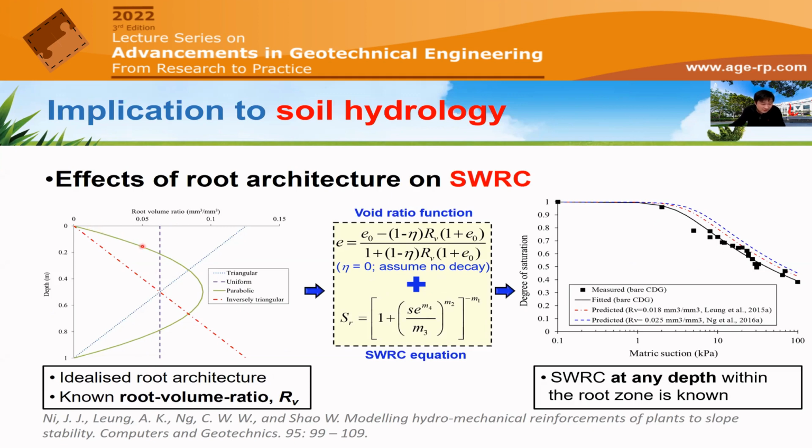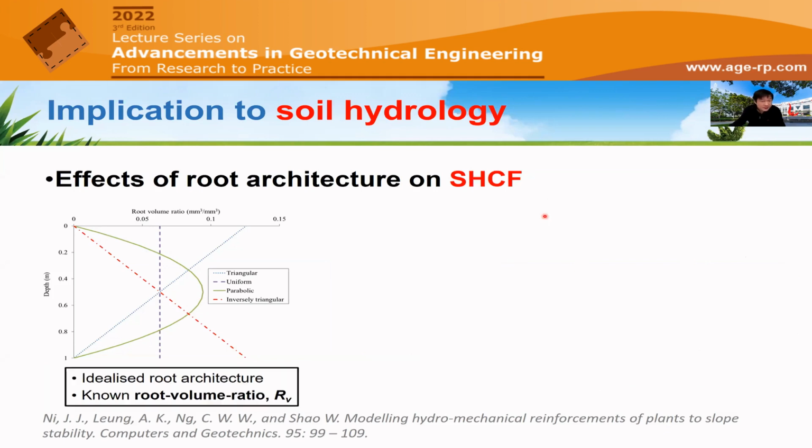But if you look at this parabolic shape, for example, it has a varying RV along depth. That means it should have a different water retention curve along depth. So this curve only represents one particular depth within the root zone. And in our modeling, we consider this varying water retention along depth, depending on the root architecture. Okay, so